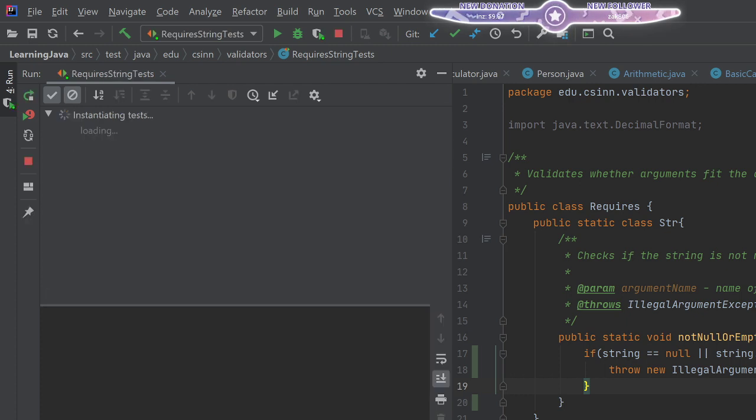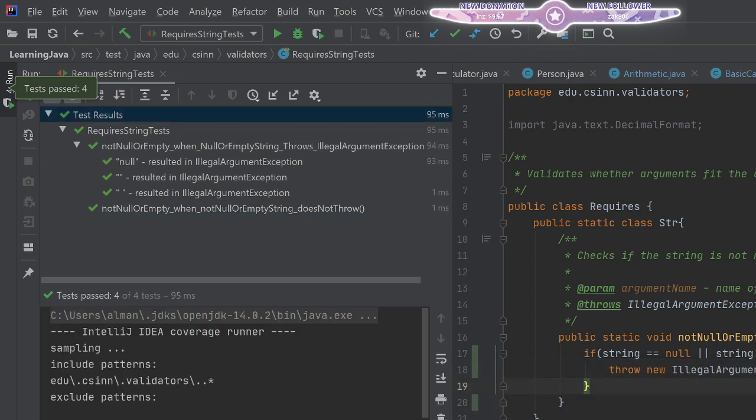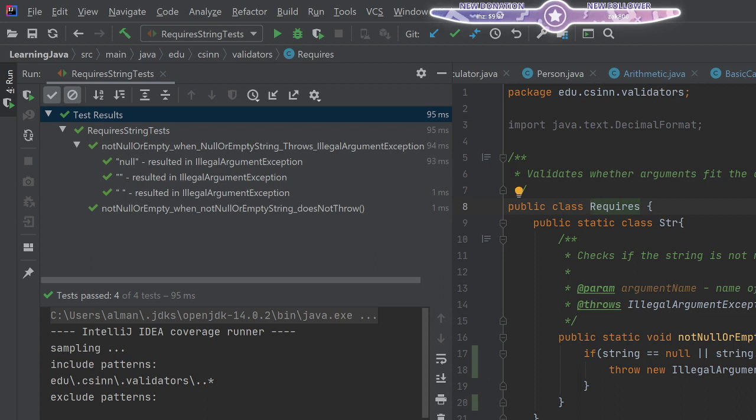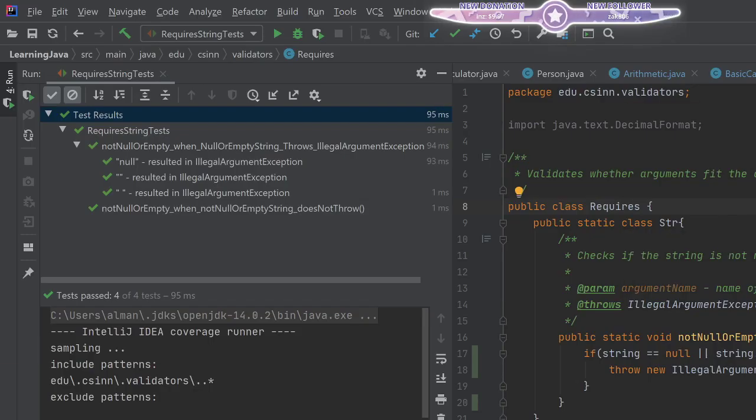If I run this test with code coverage, you're saying it's 50%. Why? Class? What? How do I make the class